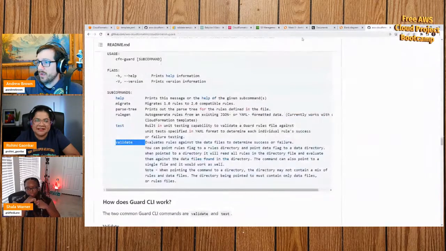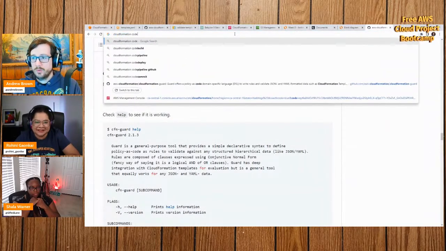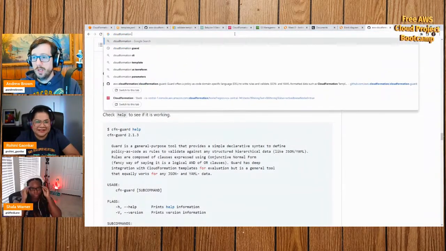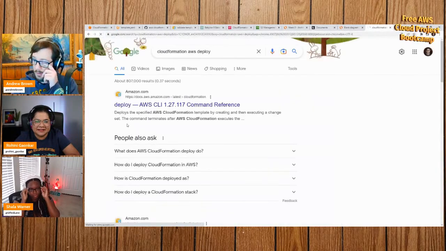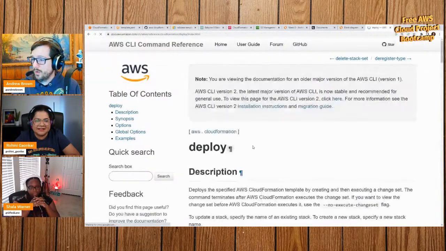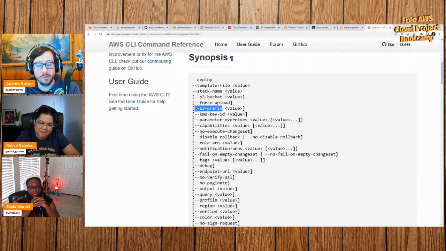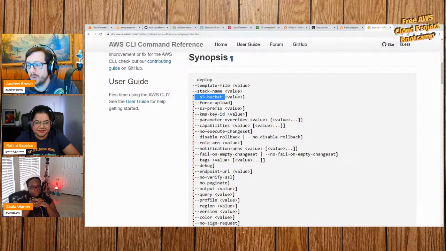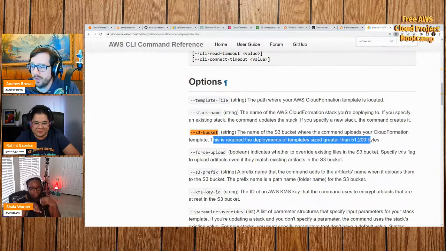But I'm pretty certain that you can have CloudFormation go into a bucket with the deploy command, aws cloudformation deploy. Yes, at least I think that. So go down here. You can see there's the S3 prefix, so clearly it's talking about the bucket stuff. Oh, right here, S3 bucket. This might be something that you want to do. The name of the S3 bucket where the command uploads your CloudFormation template is required for deployments of template sizes greater than